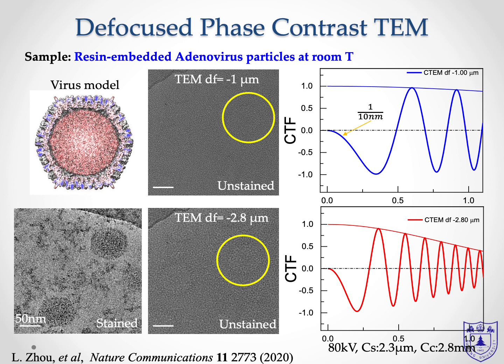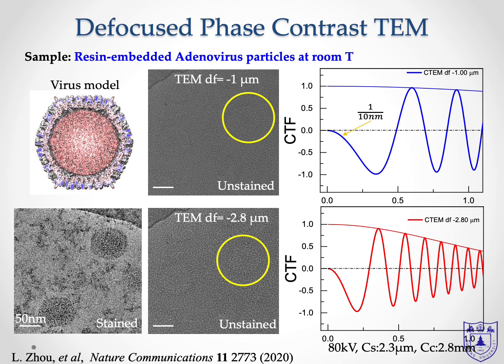We can see the shell thickness of the virus better, but this causes a quick oscillation of the CTF at high frequency and scrambles high resolution information. Therefore, there is a trade-off between resolution and contrast in defocus phase contrast TEM